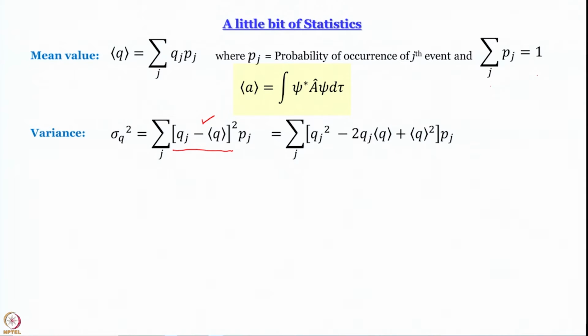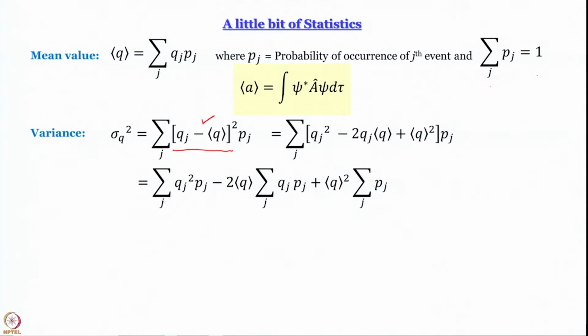So, that average value can come outside the summation, and the third term will be, again since the square of the average of Q is a constant quantity, it can come out, and the third term will be the square of the average value of Q multiplied by sum over j Pj. Let us write it. This is what it is, sum over j Qj square Pj comes from the first term